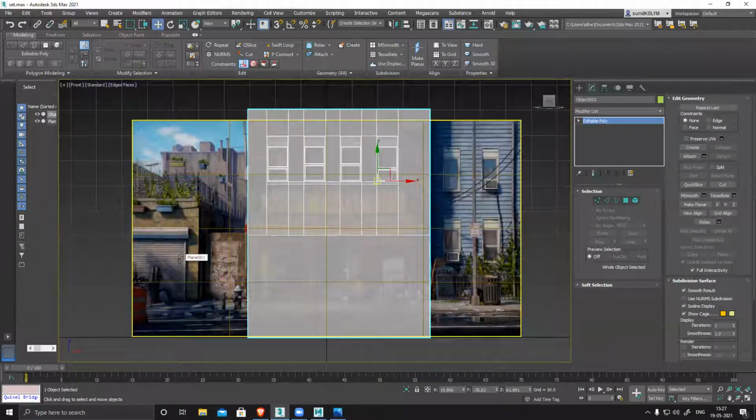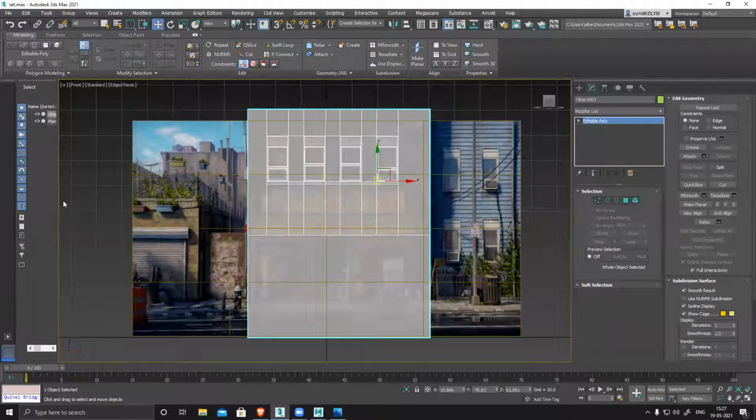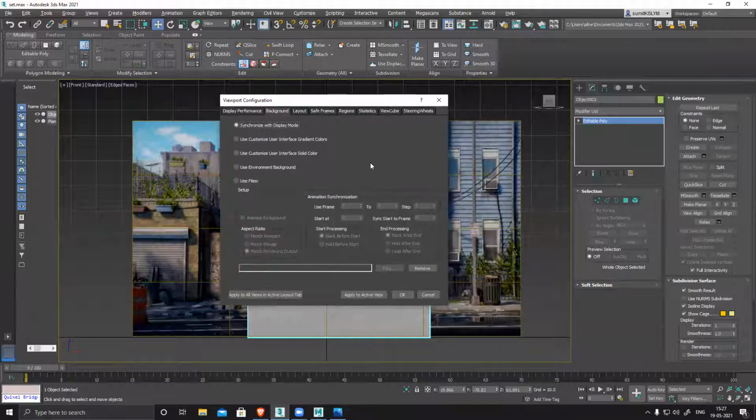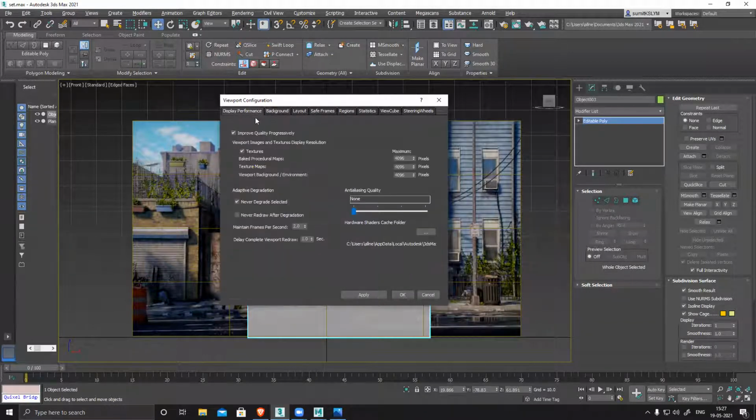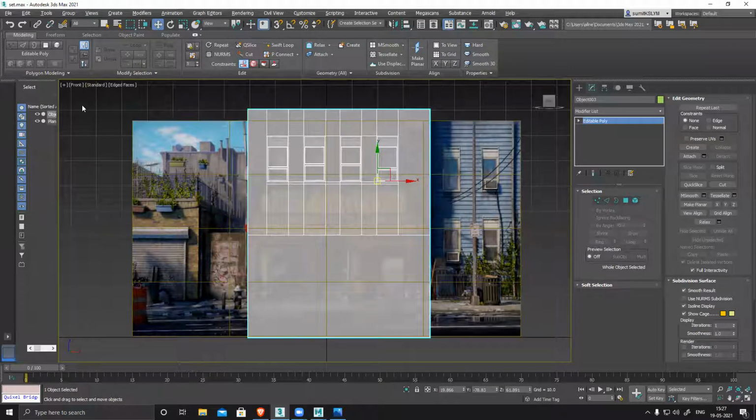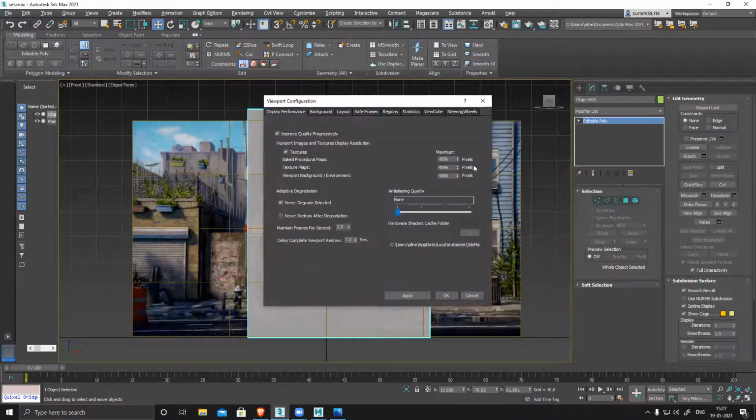Sorry, I forgot to explain this. By default, the Mac's viewport resolution is clamped down to 1K, so no matter what size of image you're using, it will look blurry. How to fix that? Press Alt B on the keyboard, then go to Display, first option, first tab, and by default you can see these say 1024 by 1024. Increase all of them to 4096. Anti-aliasing, if you want, you can increase or decrease, and then apply it, and it will look really crisp. I'll show this with Alt B, and if I change this to